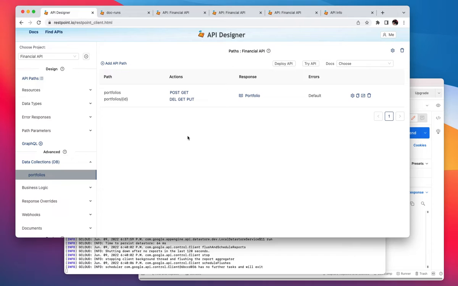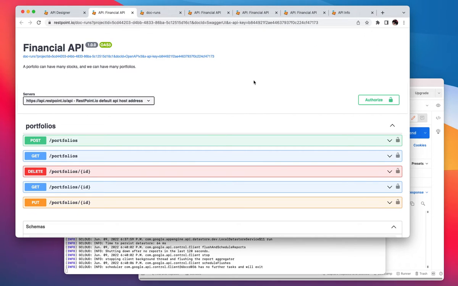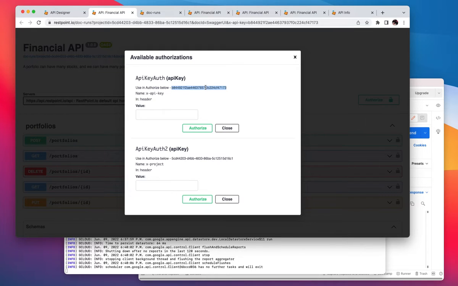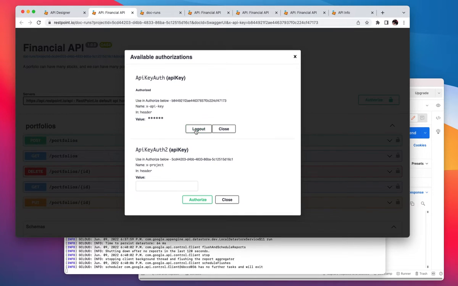Right away, because my portfolio path is created, I can even give this a little try to see what it feels like. So I'm going to click Try API, and we use Swagger UI to be able to use the client, but you can use any client, Postman, or what have you. This is just something that's nice and built in. The authorized keys are sent for you. We just click this,